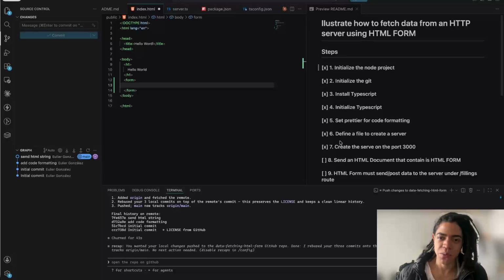As you can see over the past couple of videos, this is the last part. In the first video, I showed how to initialize the node project using npm, and then initialize git to keep track of any file changes. Install Typescript to know the shape of the